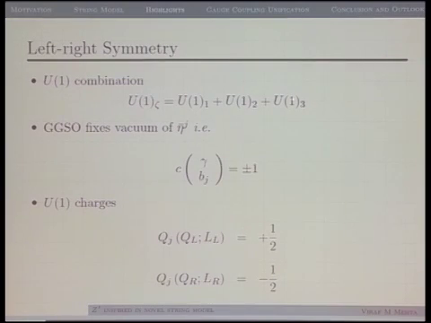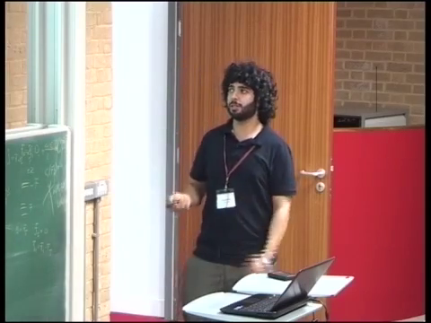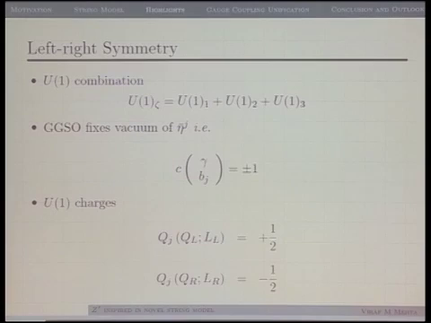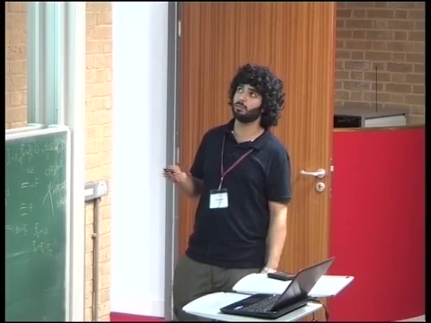Now, the advantage of breaking to the left-right symmetric model is that the states that are charged under the different SU2s acquire a different sign under our U1. If our model was embedded, say, in E6, we would have to choose one of these signs, and so we couldn't have this charge assignment. Now, we'll take advantage of this because it actually allows for us to have an anomaly-free U1 down to low